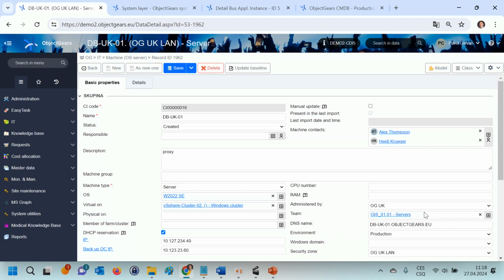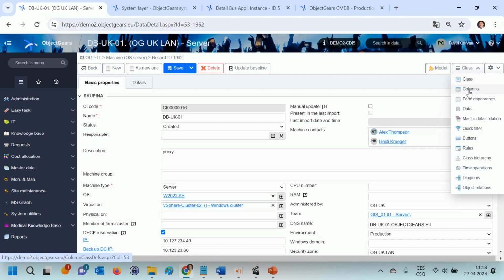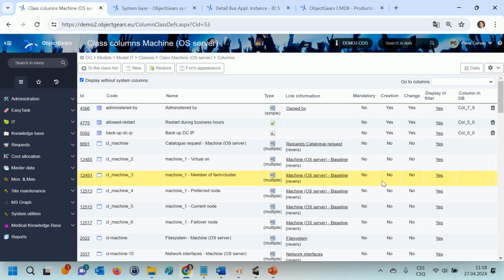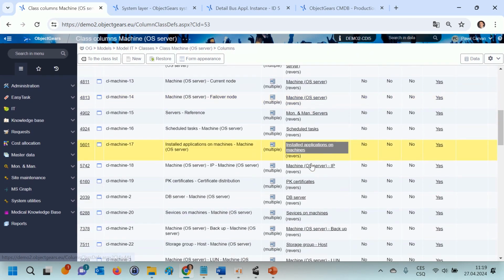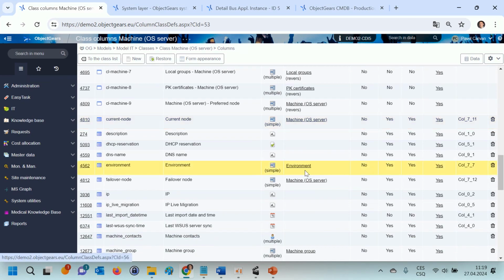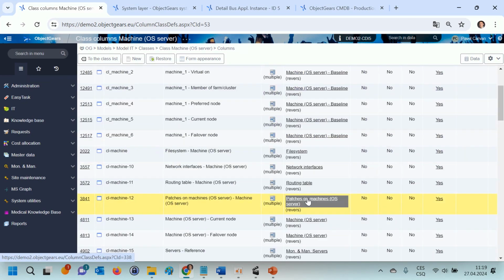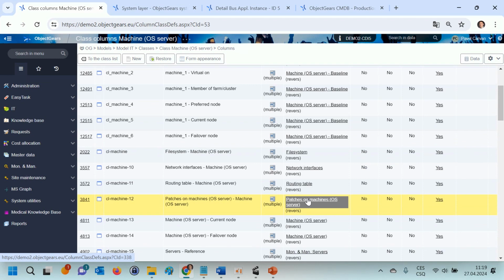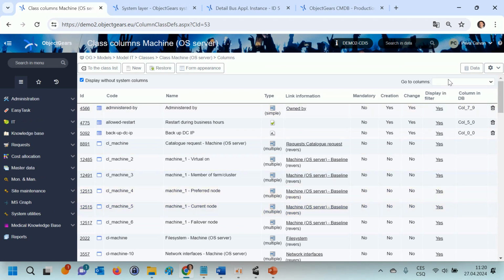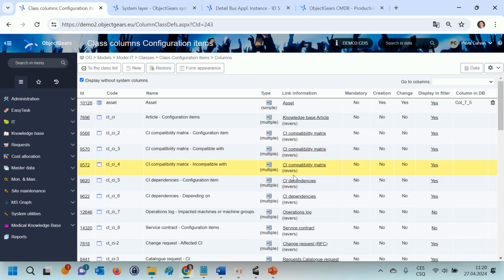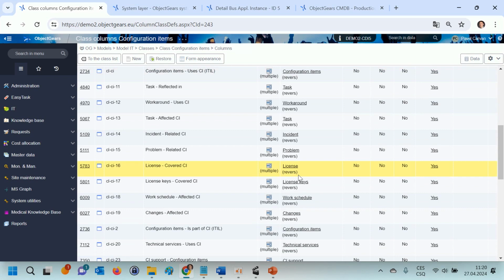Similarly, other records often link back to our record. When we view columns of a given class, we can see the names of other classes that refer to our class or that our class is referring to. In case of a class with servers, there can be really a lot of such relationships. If the class is a child of other classes, it has even more of such relationships because it inherits them